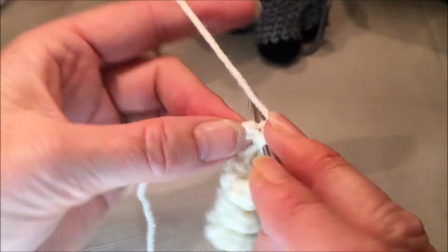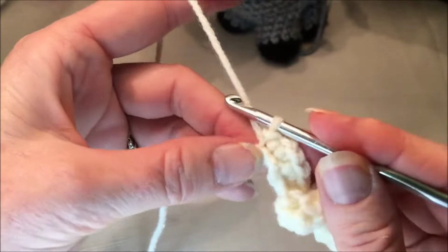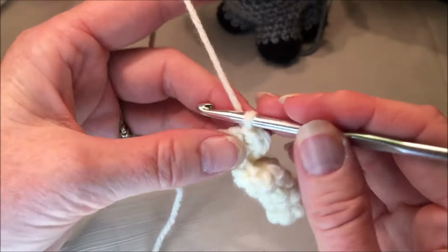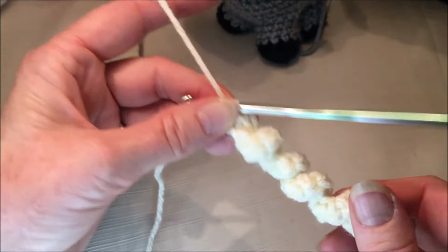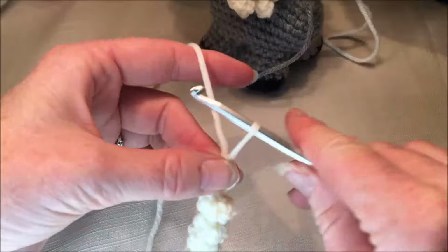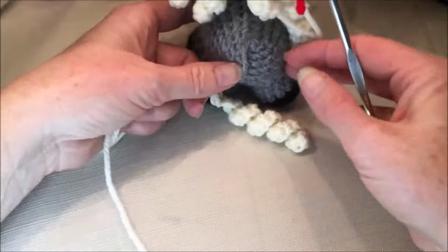Then you're going to slip stitch, and you're just going to keep chaining. I did 3 times. You can do however many you want. I think I'm not going to do any more because you guys know what you're doing. And then when you have how many you want on the tail, you're just going to put,